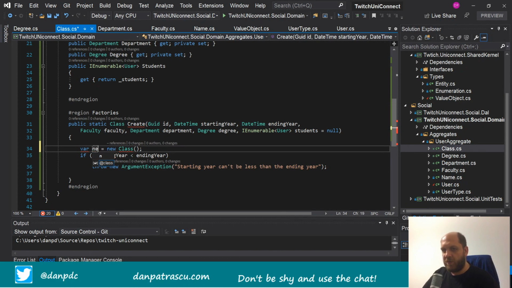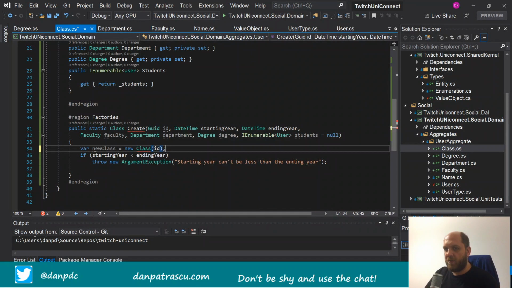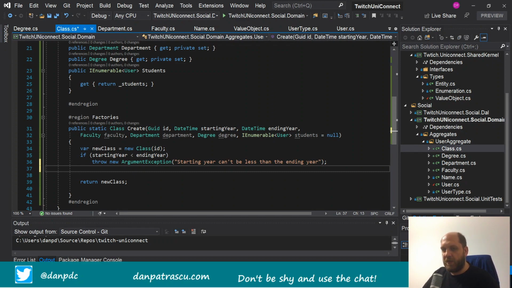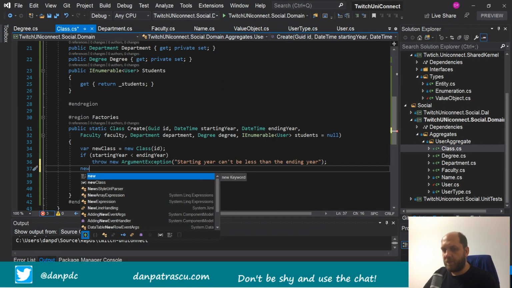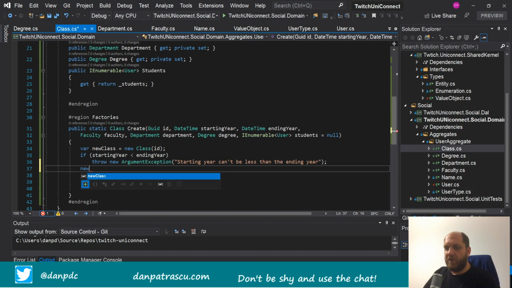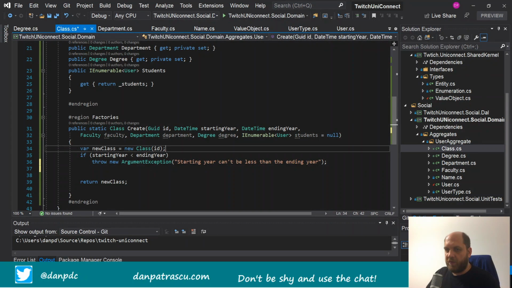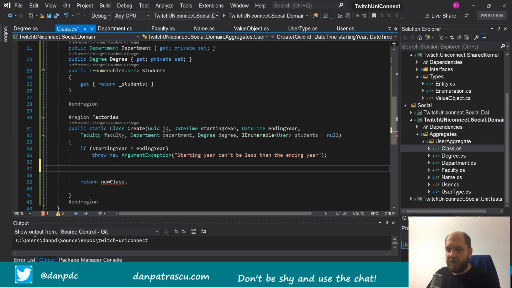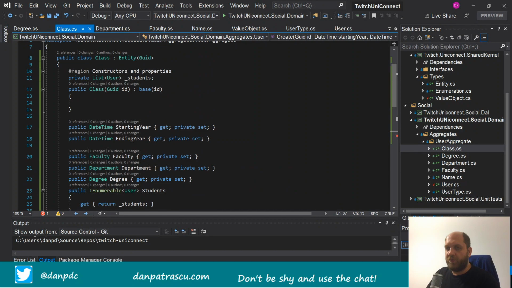So instead I have to name it newClass, and I would have to pass in the ID, and right now everything should be fine. Let's maybe also, to not have this red squiggly line, return the newClass, and all the logic we will implement further. But actually we can do this differently. We don't instantiate the object here, we instantiate the object after this if statement, and if everything is correct, in this case we will just need to also provide here